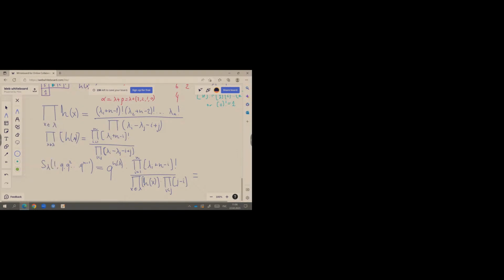If I take lambda i plus n minus i factorial, and if I divide it by the product of,